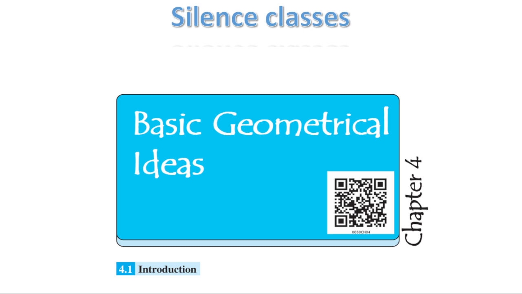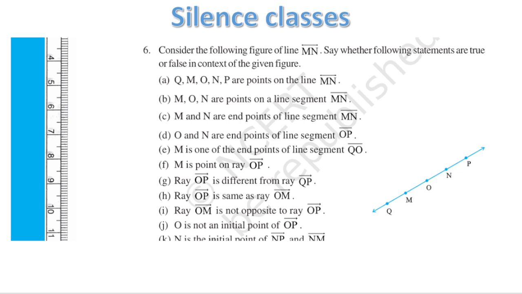Let's continue with chapter number 4, basic geometrical ideas. We are doing chapter 4 and exercise 4.1, and we are over here with the sixth question. What the question is saying: consider the following figure, means you have to consider this figure which is given to us over here of line